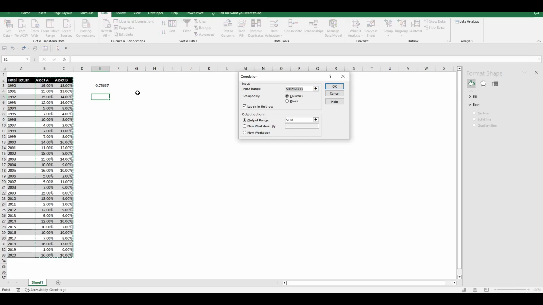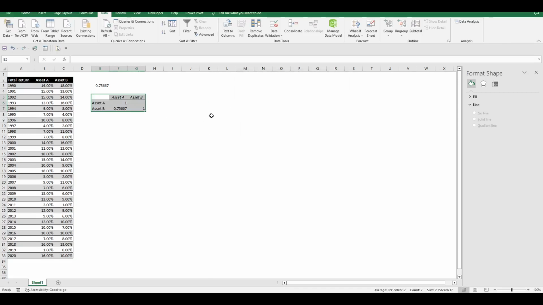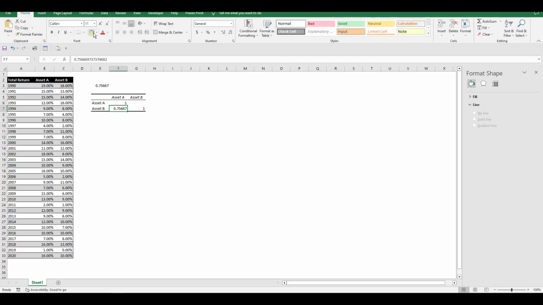As an input range, we select the annual total returns including their labels, and that's why we check the labels checkbox. And the output can be somewhere here. So the correlation coefficient is found to be exactly the same as before and equal to 0.75.